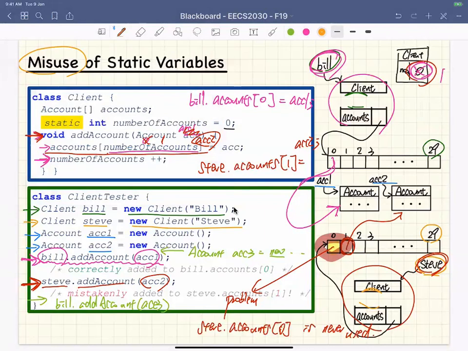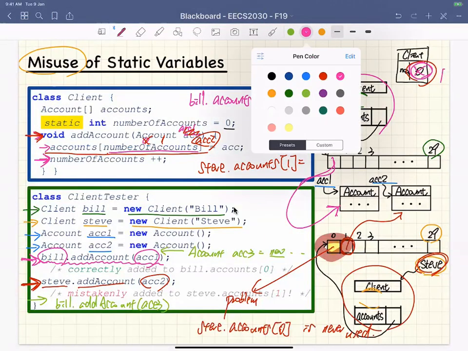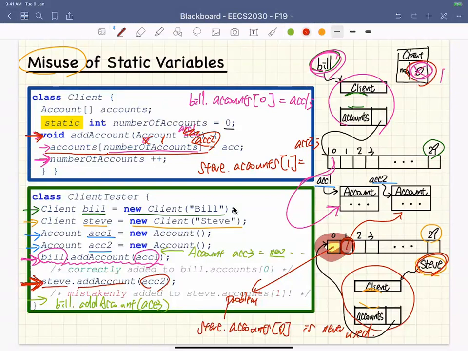And by the way, again, I forgot. You can see from the previous line, when I was trying to do Steve.addAccount, at the end I also have to increment the counter again, right? So that will be from 1 to 2. That's what I forgot to do. So now, considering these 2 new lines I just added,